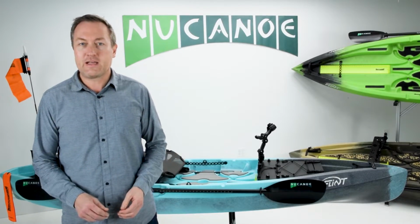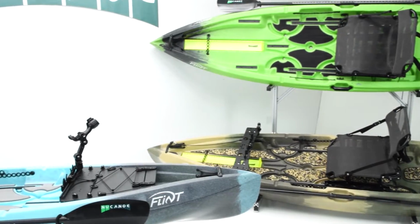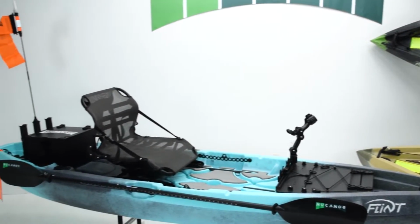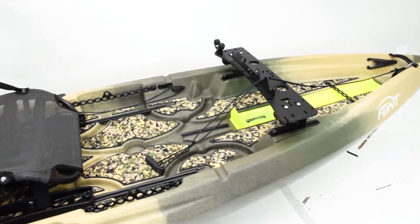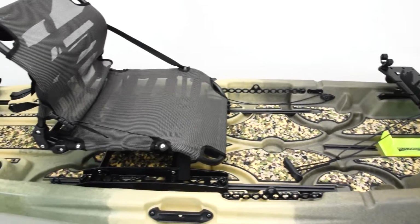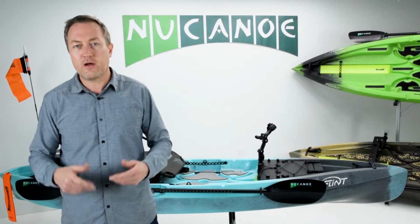The Flint is unique in that it brings high-end performance and unlimited potential to a mid-range price point. See, the Flint was designed from the ground up to be a unique kayak. It's not a stripped down, more limited version of something else where basically things were taken out to achieve a lower price point. Instead, we started from the hull, from the bow to the stern, and thought through how do